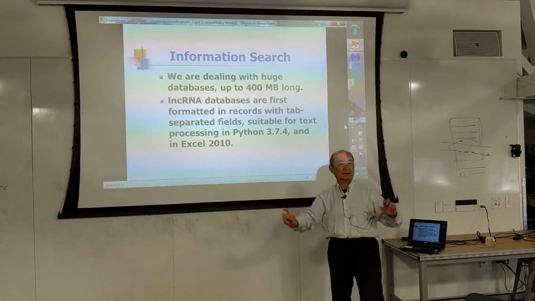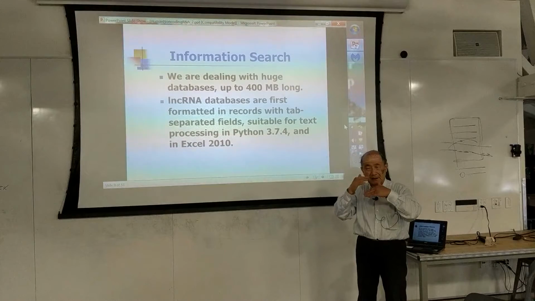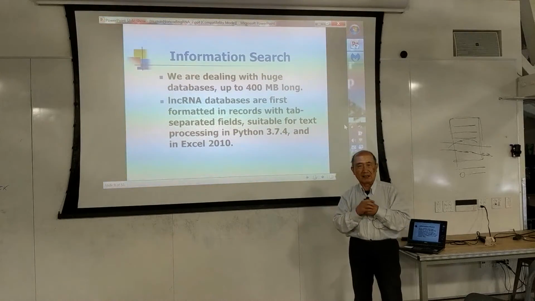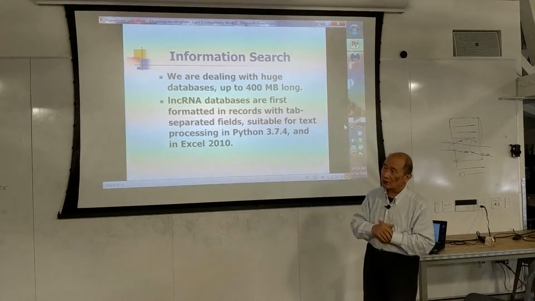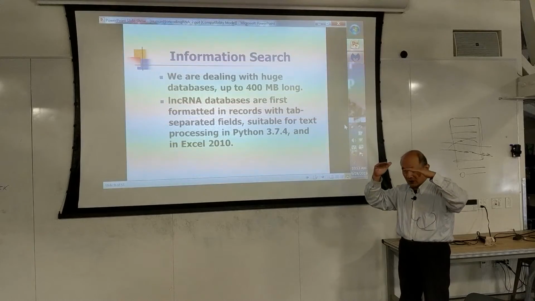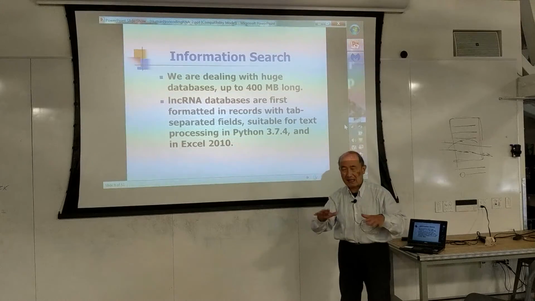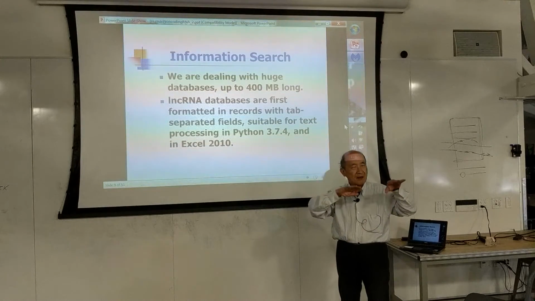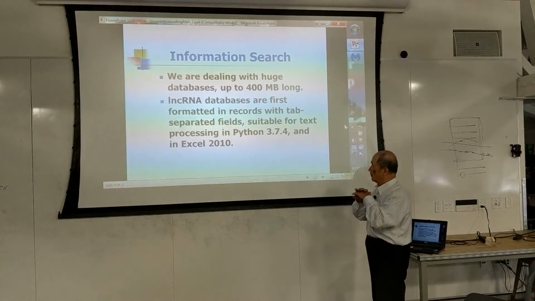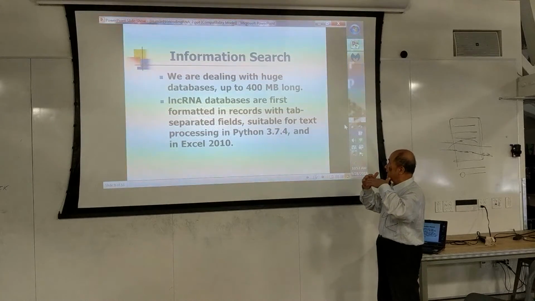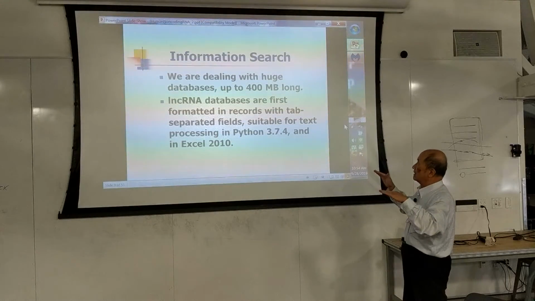however long that RNA is. And I look at the data. The longest one is 32 kilobytes. It can be up to 32 kilobytes. So all the genes, all the RNAs are lined up in my data file in tab-separated fields of records. And I first formatted it in these fields so that I can, for one thing,